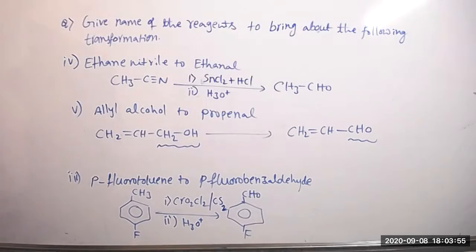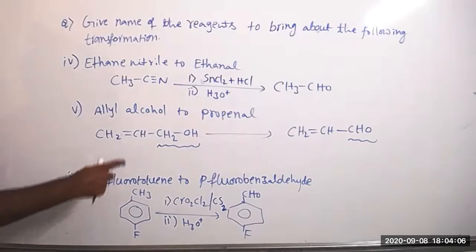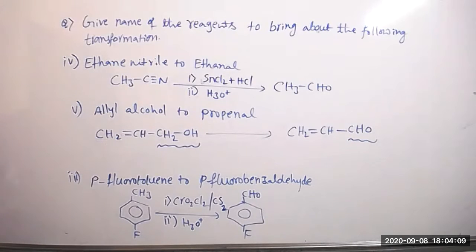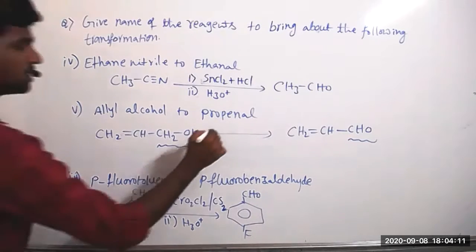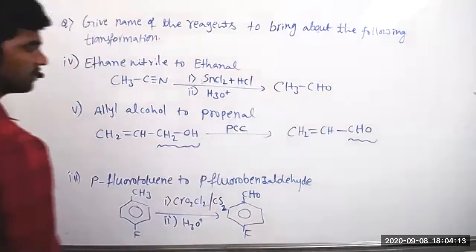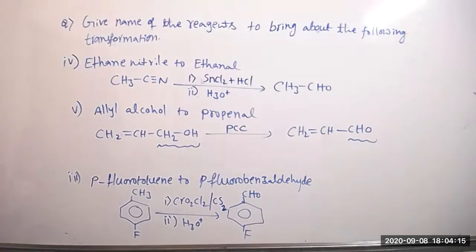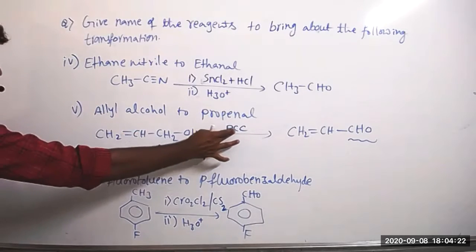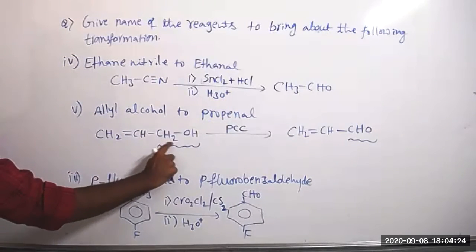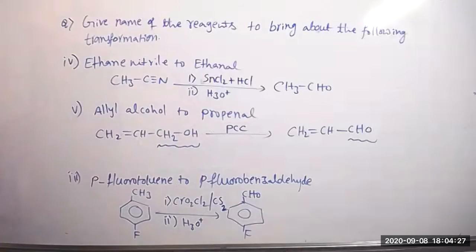Is there any other specific reagent? A specific oxidizing reagent. We can use PCC now because a double bond is there. There is a chance that chromium oxide will attack and affect this double bond. To avoid that, we are using PCC. I gave one example in your notebooks, check. Even if there is any double bond or triple bond, those are not affected by PCC. PCC only affects the primary alcohol group, CH2OH, to the aldehyde group.